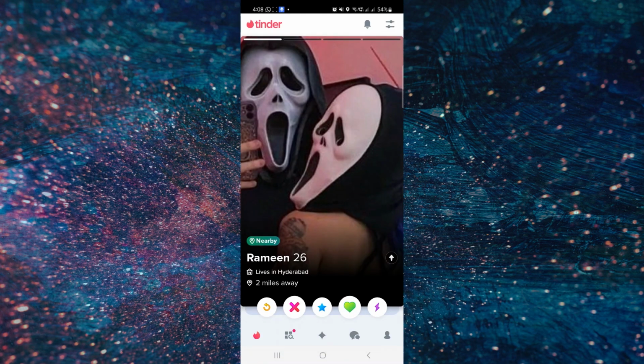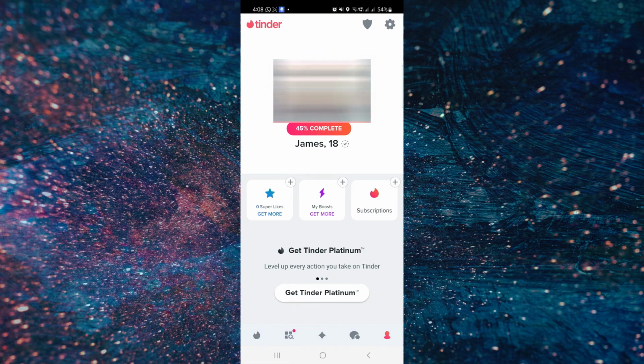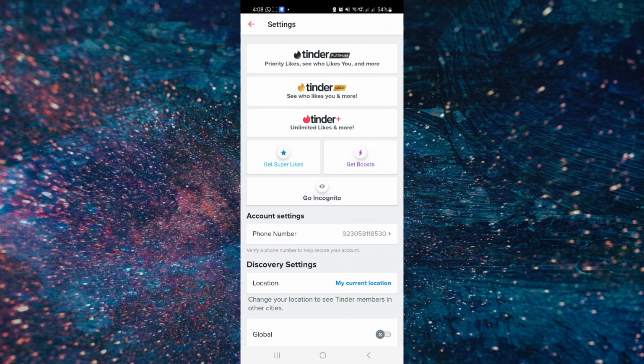Now you have to open your Tinder application on your device. After you have opened the Tinder application, you have to go to the profile section on the down right on your Tinder. So tap on that and you will be on your profile page. Now you have to go to the settings option on Tinder application. To go to the settings option, go to the top right option there, and this way your settings will be